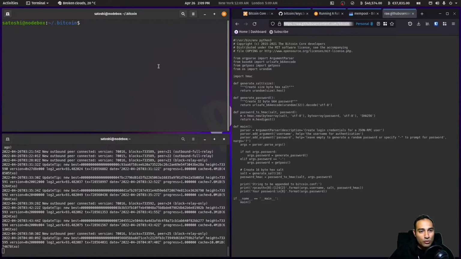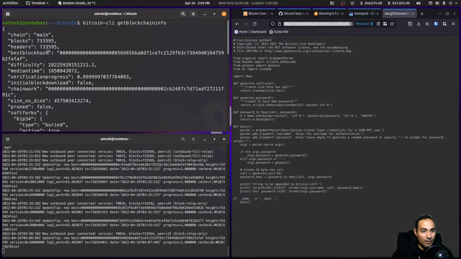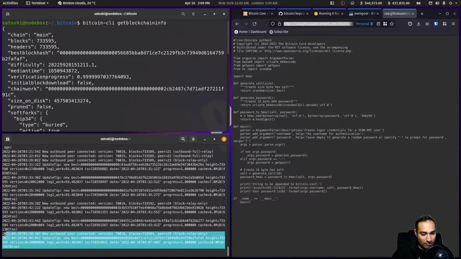Okay, so the initial blockchain download has finished, and I can check that by typing in bitcoin-cli getblockchaininfo, and you'll see that the blocks are at 733,595, and the headers are also at that same amount there. We can also see the initial block download is false, which means that it has downloaded through and it has completed all the way to the chain tip. And you can see that that last block has also been downloaded as well,